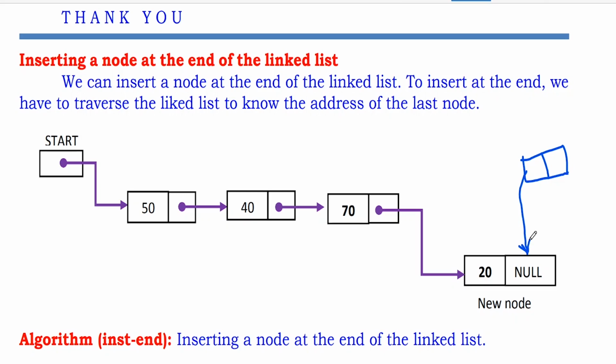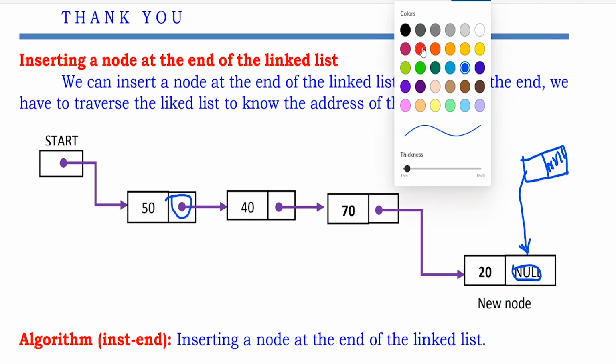So what's the main logic here? We have to identify the link field which has null. Once you reach the link field of the pointer that is null, there you add the newly created node. It will obviously be null. So this is how we establish this relation. I think you have understood. It's very simple, not difficult at all when you think of this algorithm.